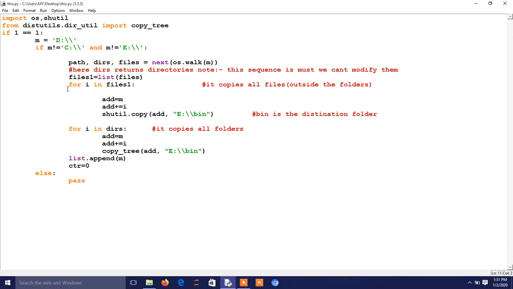Now what I did, all the files are stored in files, and using this for loop I traverse each file one by one. So for i in files1 simply includes a file name stored at the location, and here I make a variable named address, and initially the address value is equal to the value of m, that is going to be the D drive, and finally the value of i is going to be the name of any file like abc.txt. So now address will finally become address plus equal to i, means address will simply become like